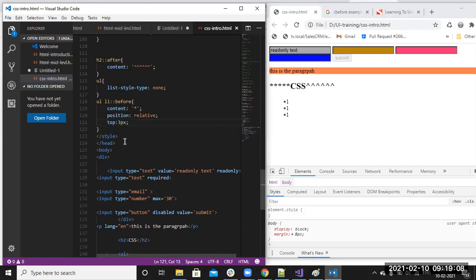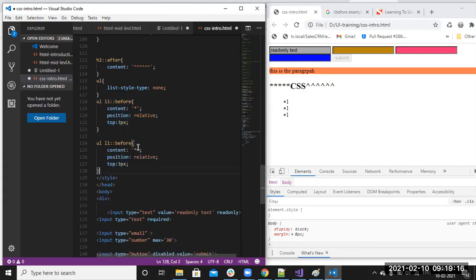Similarly, we can append after the list item also, some content. In this particular situation, we will use after, and then a symbol we can apply. Before star and after symbols. So like this, we'll use before and after.